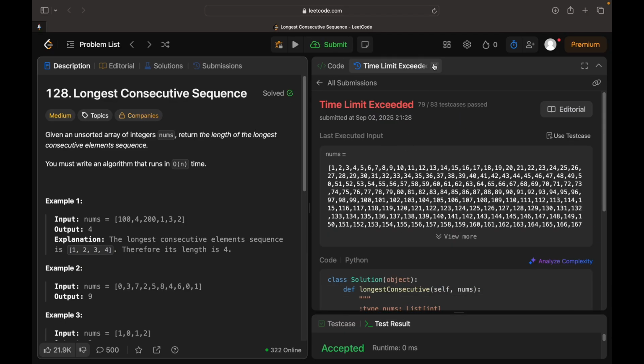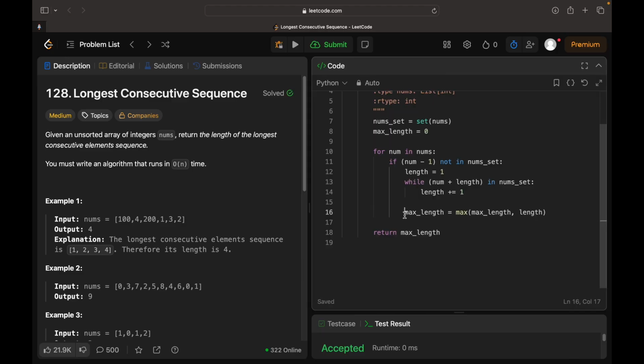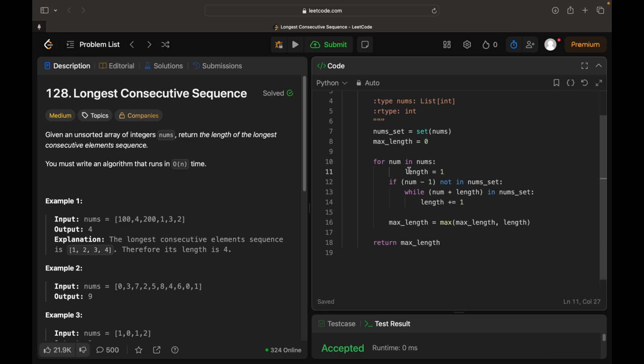The reason I run into it is a very silly mistake. After we've completed the while loop, we don't want to figure out the max length only in the if condition. We also want to figure it out outside of the if condition. So length can be equal to 1 over here, so that length is accessible outside of the if condition. Because here's the thing, length is equal to 1 will be the case even if,